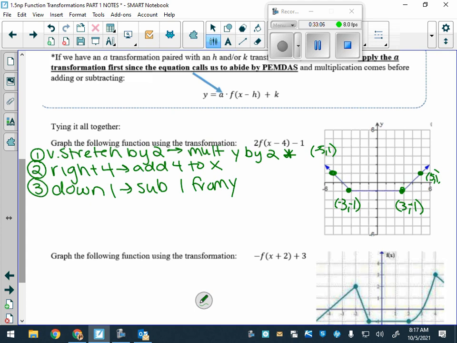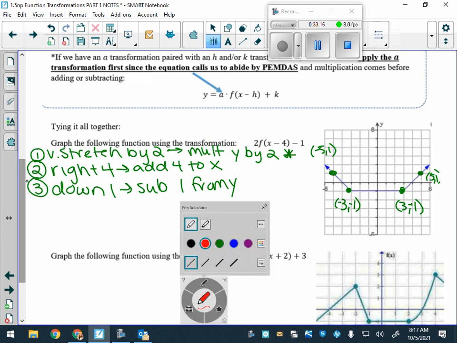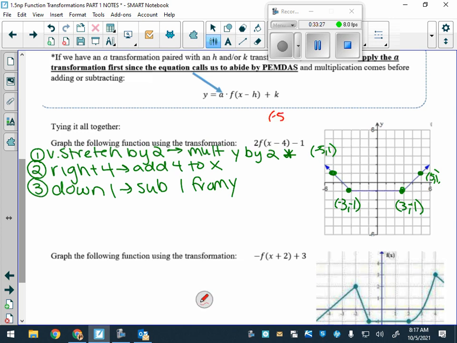Okay, so I'll just do the first point with you, and then you guys are going to try it. Okay, -5, 1. I have to multiply the Y value by 2. So 1 times 2 is what? 2. -5, 1. So the vertical stretch,